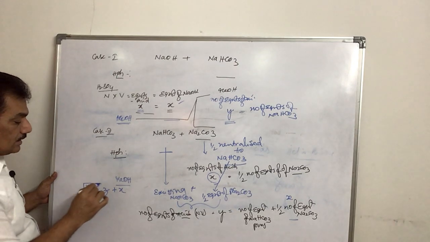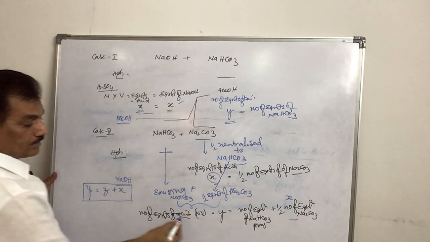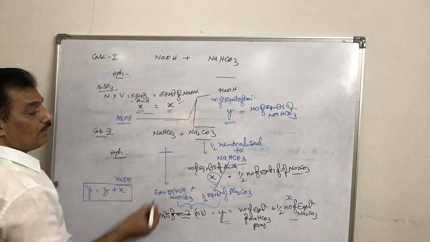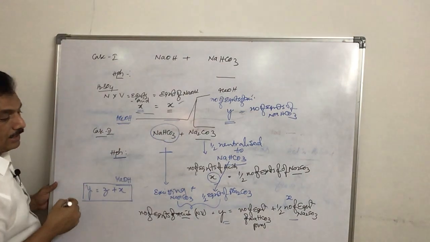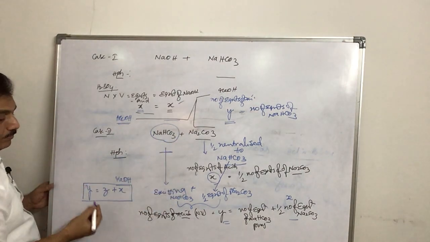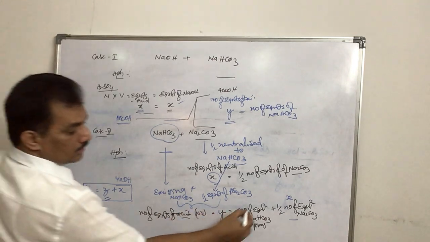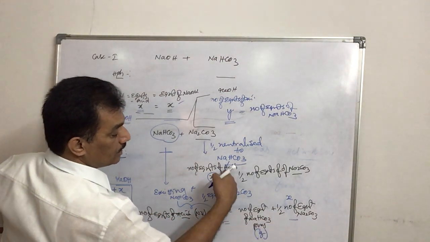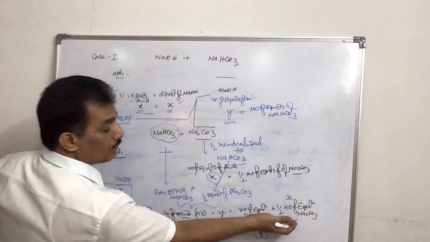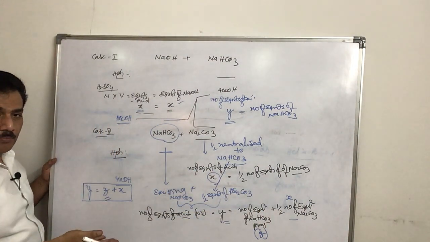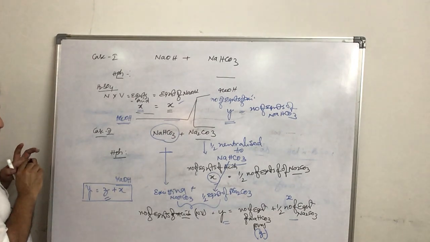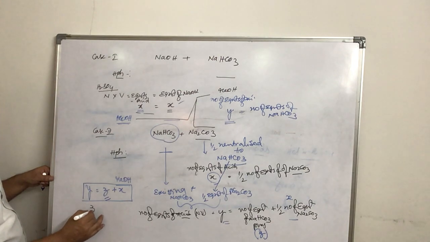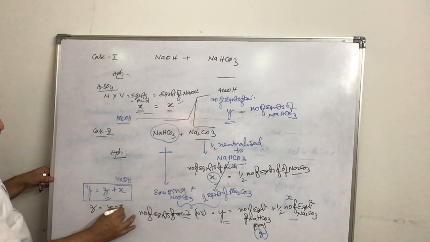Here Y is the total number of equivalent weights of acid used in titration 2. Now we require only the NaHCO3 that is present in pure form in the mixture. Let us consider this as Z, measured in the previous case. Half is neutralized here, and the remaining half is neutralized there, so both are the same. Are you following? Z is the number of equivalent weights of this NaHCO3, and Z is equal to Y minus X.